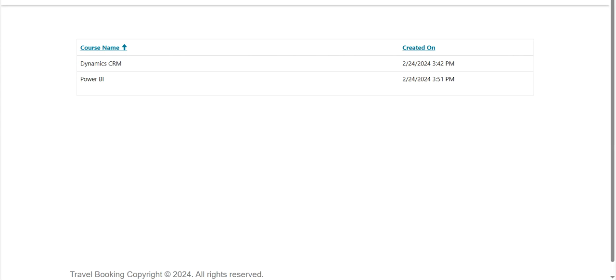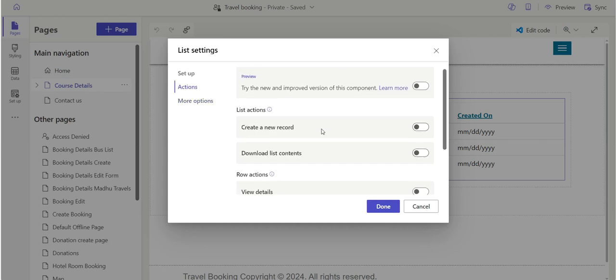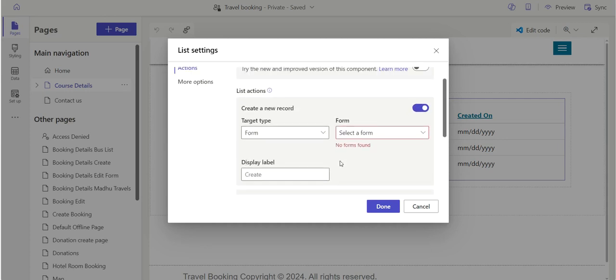How can I do it? So we can do it in actions, sorry, not more actions. In actions, we have the option to create a new record. So I'm clicking on this. As of now,